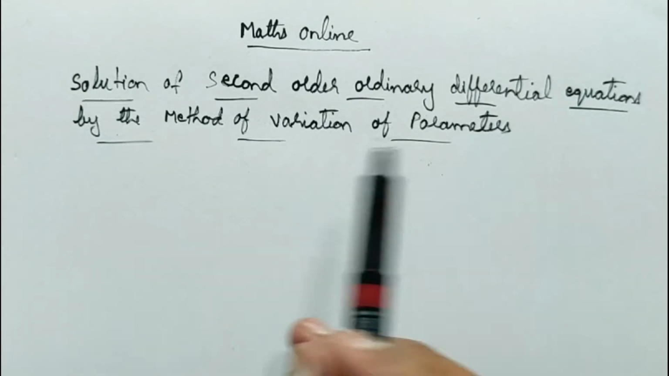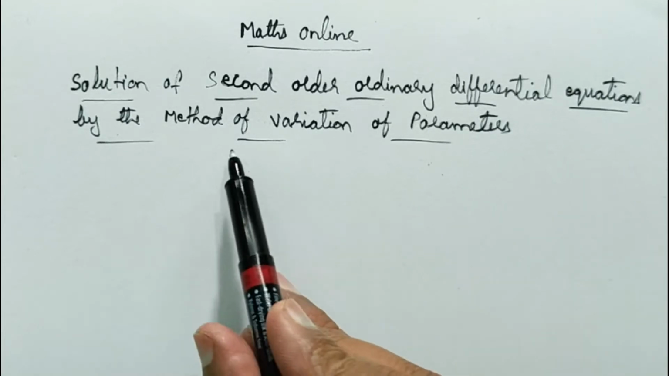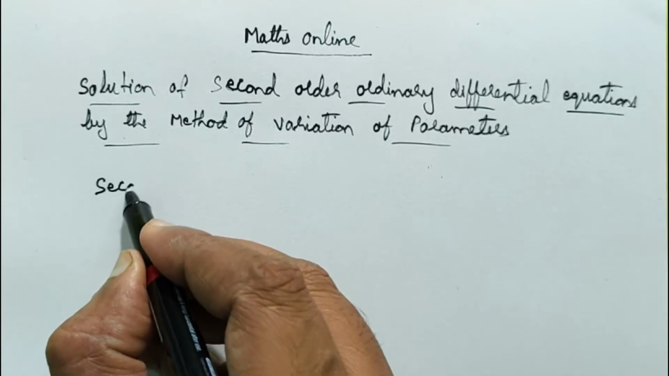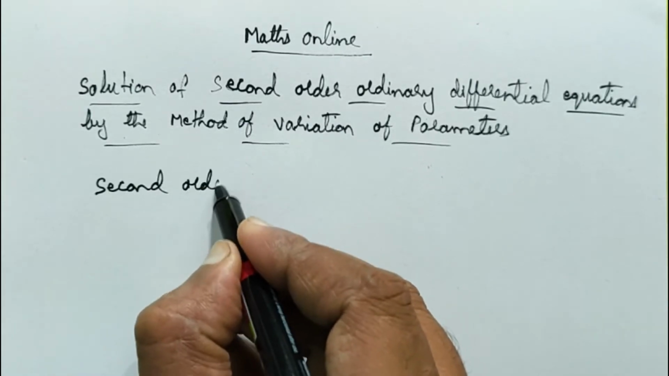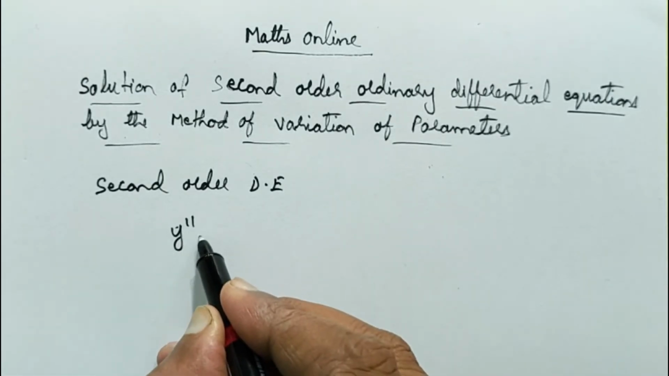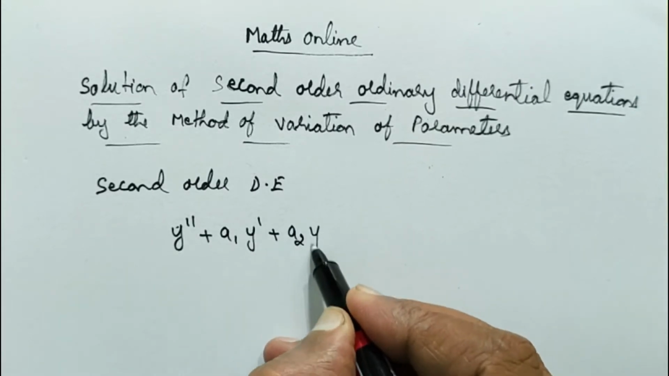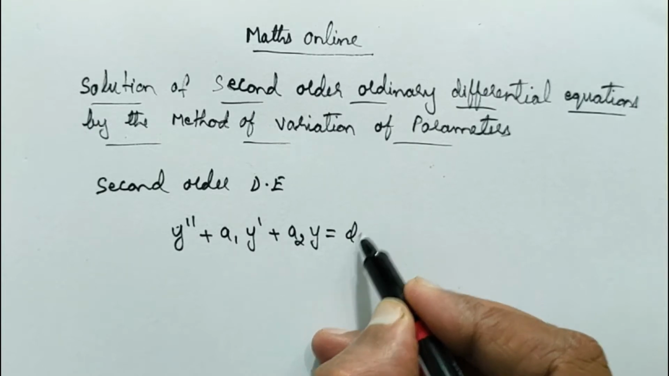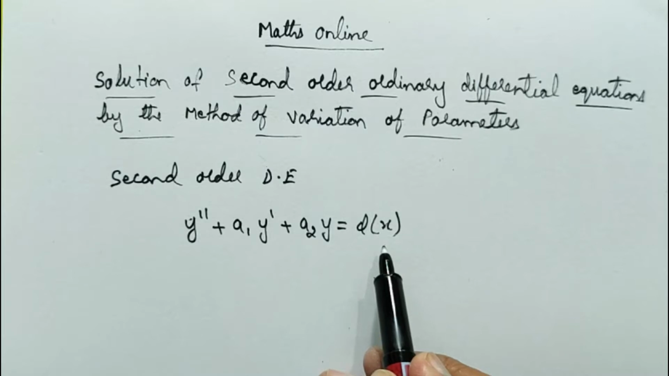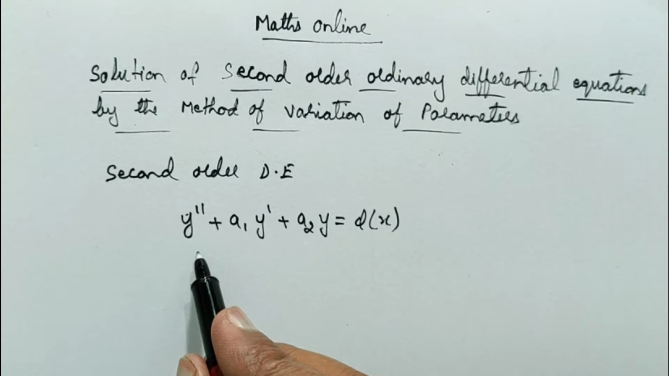In this method we'll try to solve the second order ordinary differential equation and find the complementary function. Suppose you have the second order differential equation in the form y double dash plus a1 times y dash plus a2 times y is equal to f of x, where a1 and a2 may be functions of x or constants. Then the complementary function